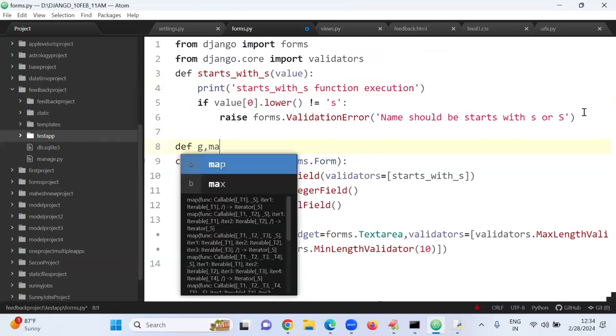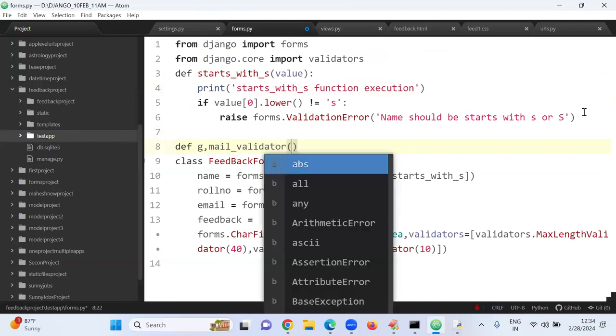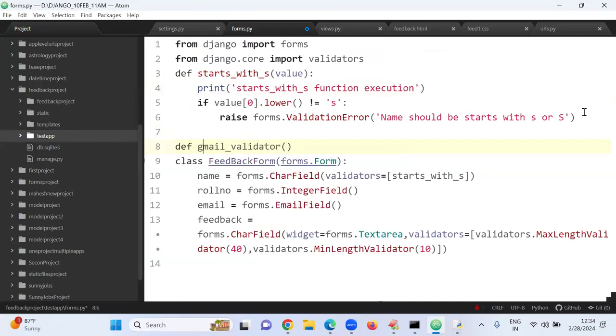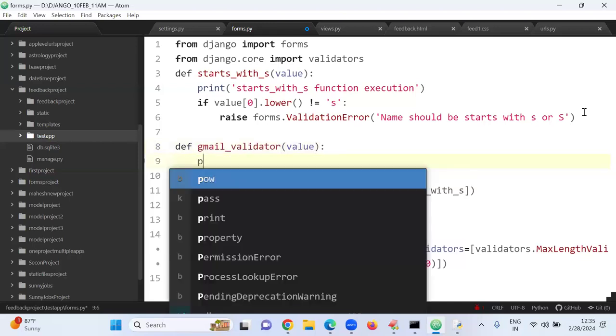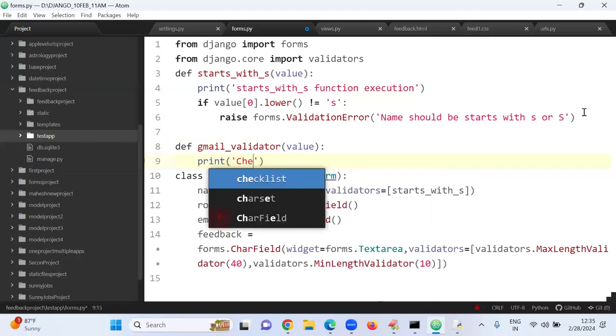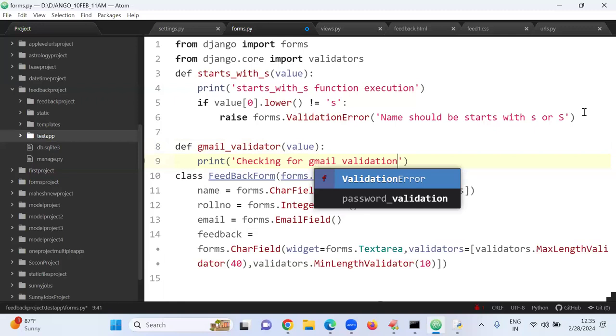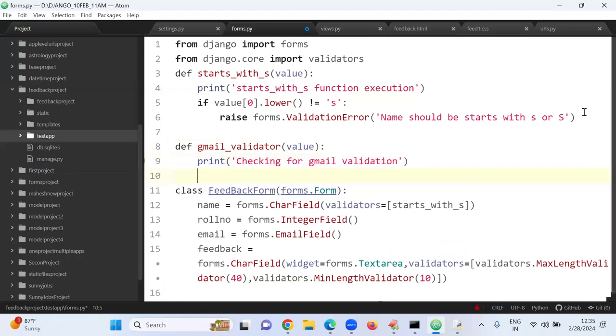Any name you wish, say gmail_validator, with value inside. Now print checking for Gmail validations. Sir, now if value of -10 colon,